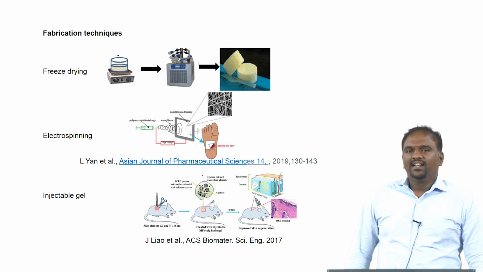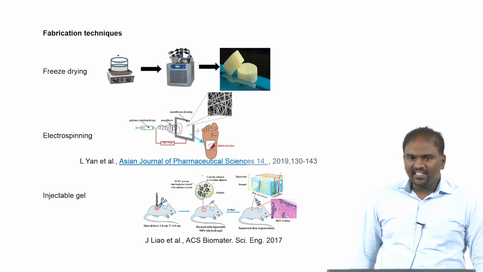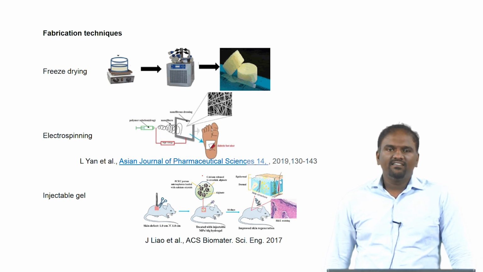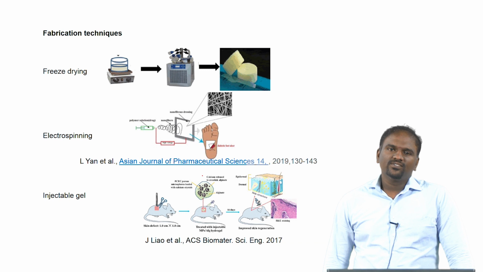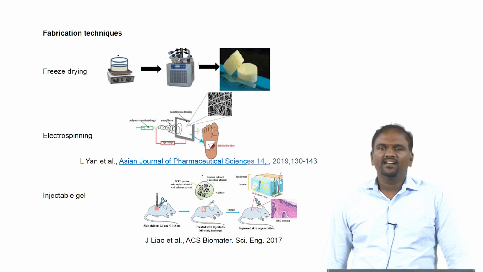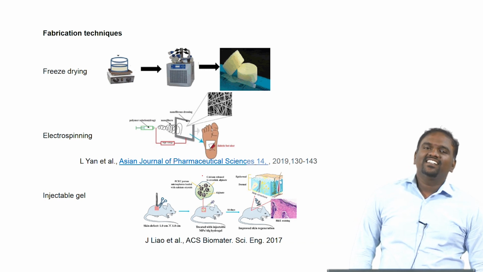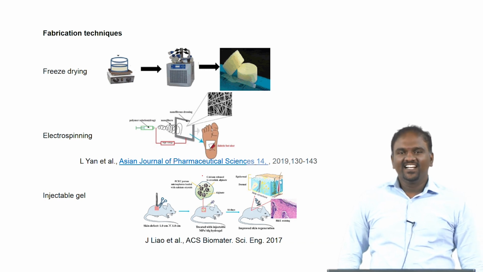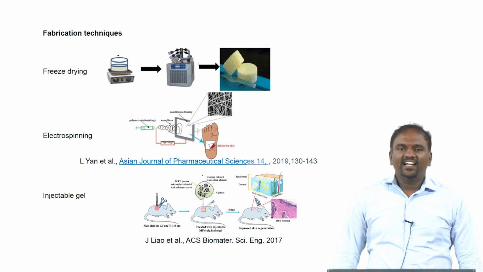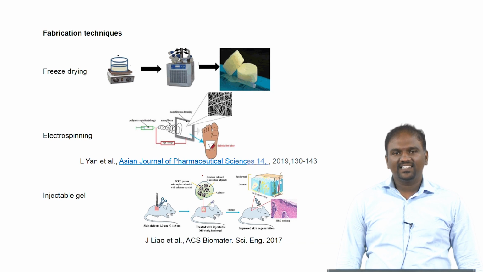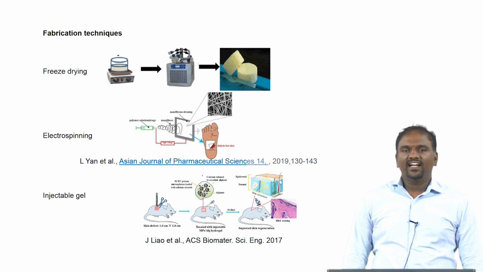Based on the melting temperature of that solvent, it will get frozen and form crystals. Based on whatever temperature we keep it at, that crystal size will be formed, and based on that, the pores will be formed in the scaffold. In electrospinning, they pass the polymer solution under an electric field. When it is spun, it is collected onto a substrate. The fibers that are collected form a mesh-like structure,